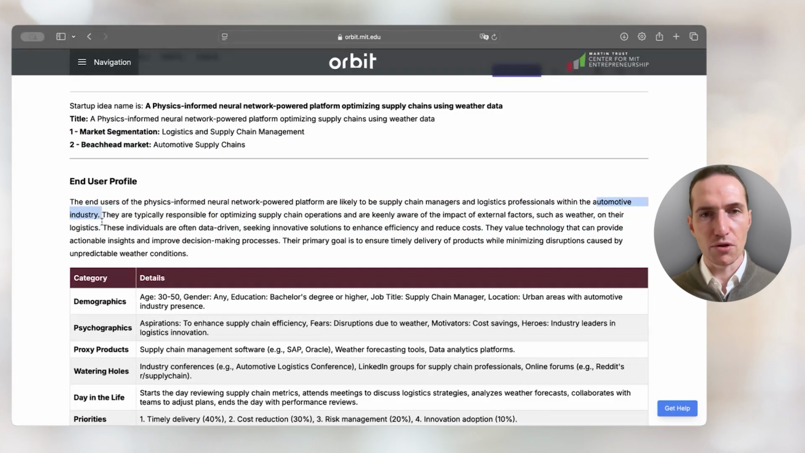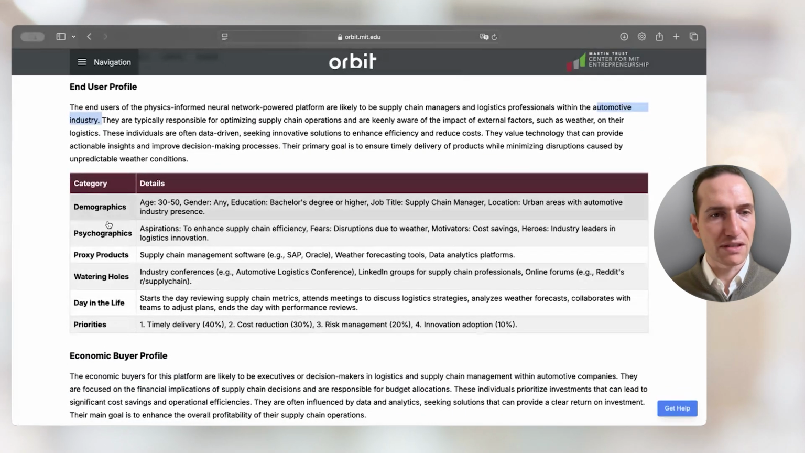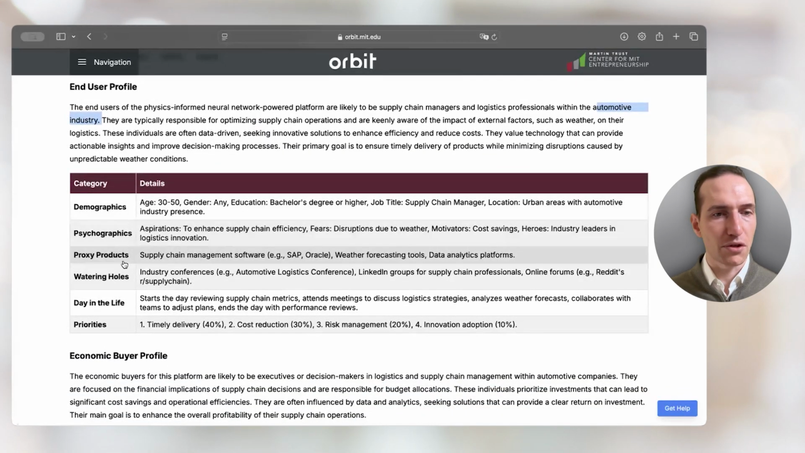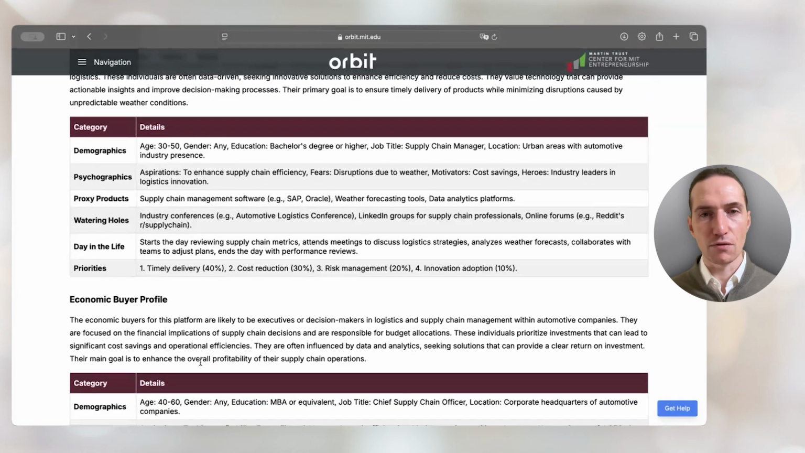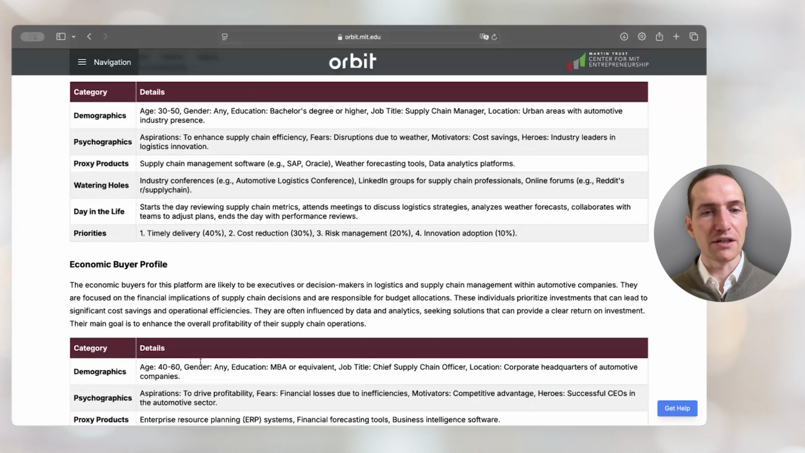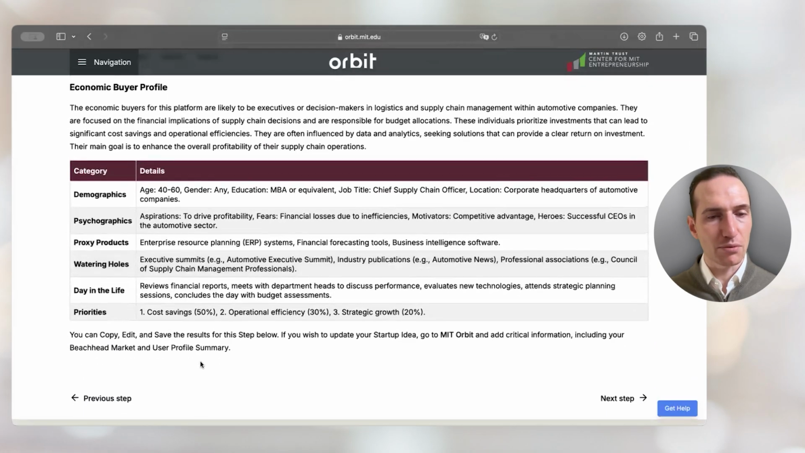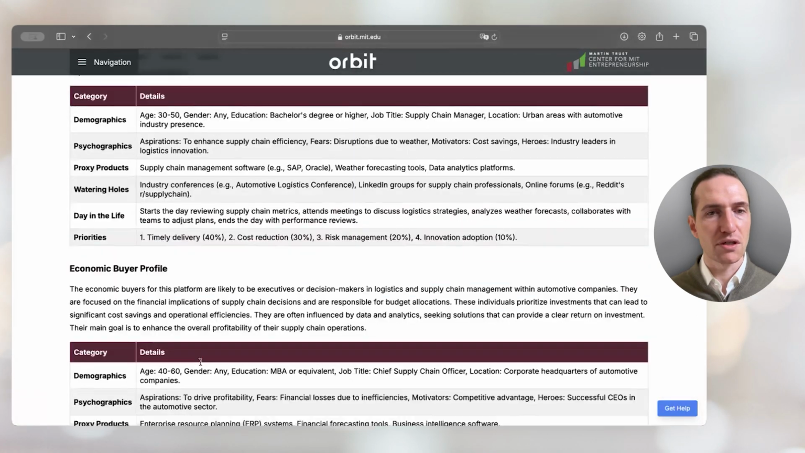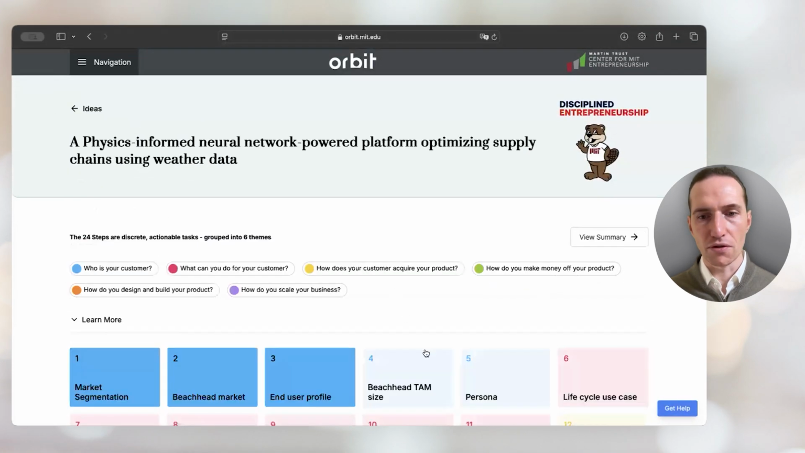So it takes your input and converts it into practical insights. And now look, we discussed demographics, psychographics, proxy products, the watering holes where those potential end users meet, day in the life, and priorities. We all discussed that in the workshop, but you can see again here, you get that information very quickly. You get the economic buyer profile, which we also briefly touched on, and the same goes for your,